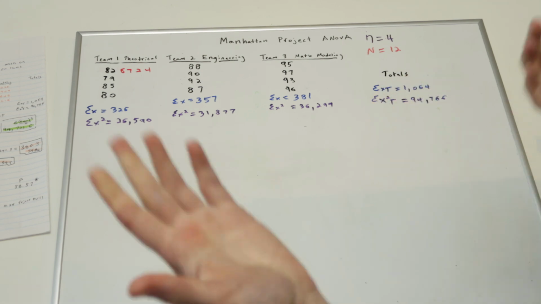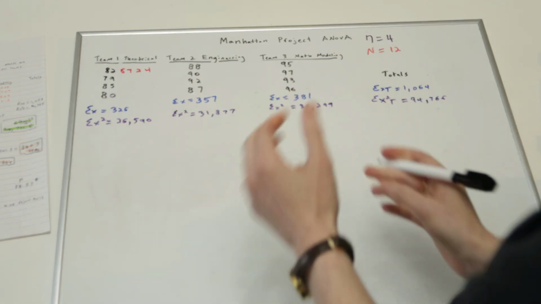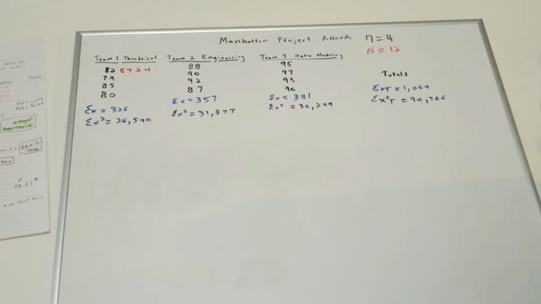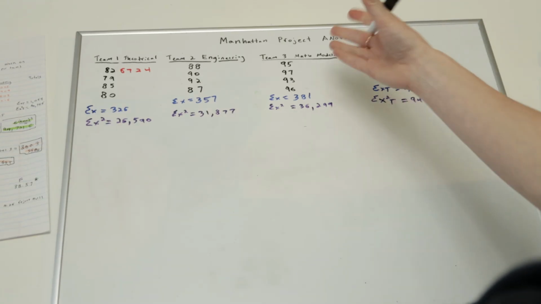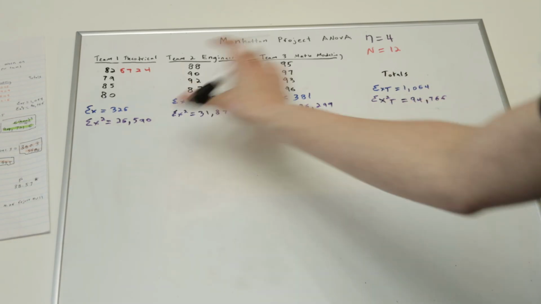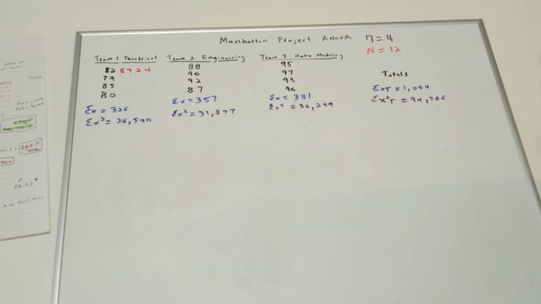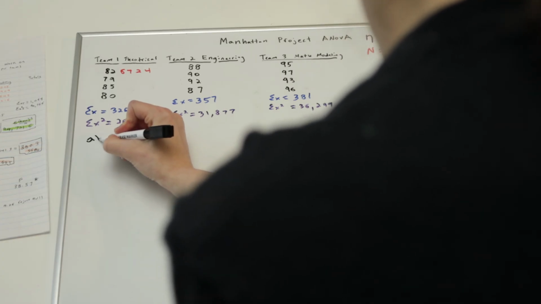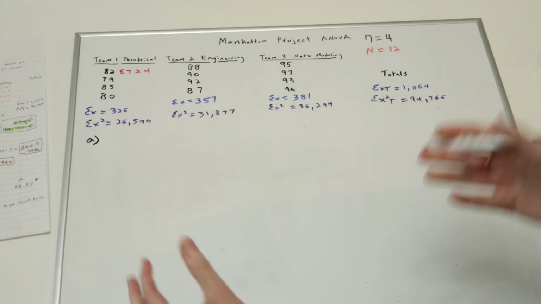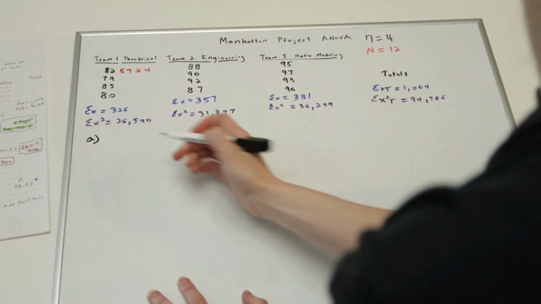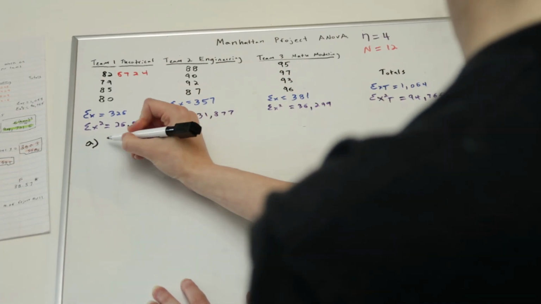One of the things you may be asked on tests by your professor is to name what the null hypothesis and what the alternative hypothesis is. The null is always going to say there's no difference. So in the case of ANOVA, it means there's no variance. There's no difference between these groups. So if we're doing part A maybe of a problem, it may ask to put the null and alternative hypothesis, which would be